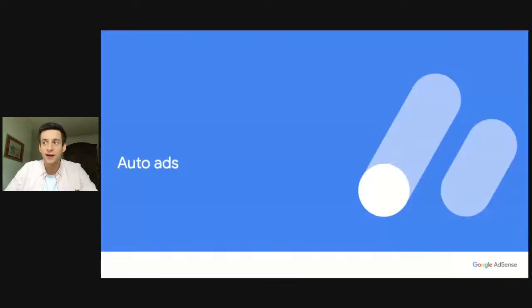If we move on to the next part, we're going to talk briefly about auto ads, which I think a lot of you are already aware of. This is a product that has been very important on AdSense and has gotten very good results over the past few years. Something that we want to highlight here really is that it's a nice way